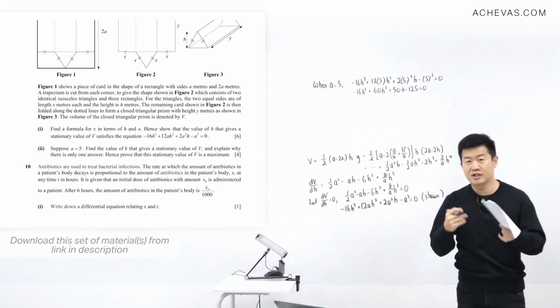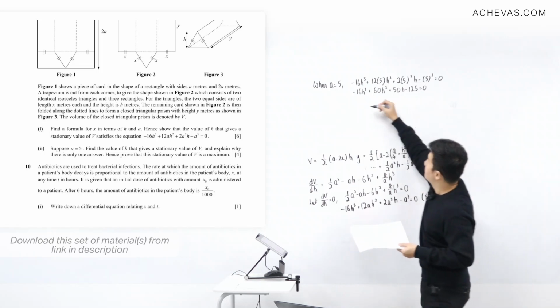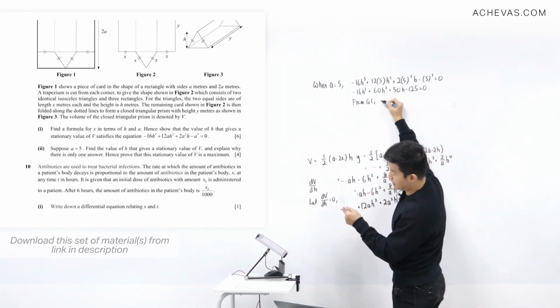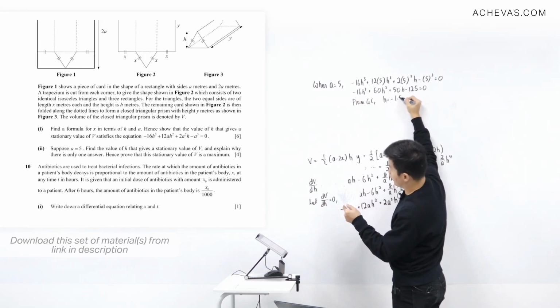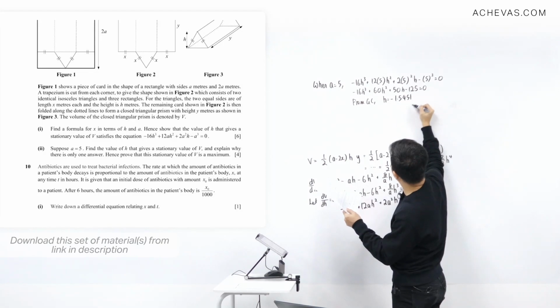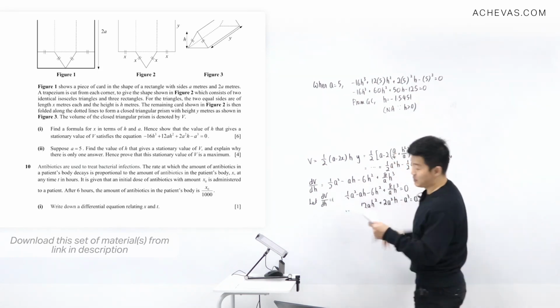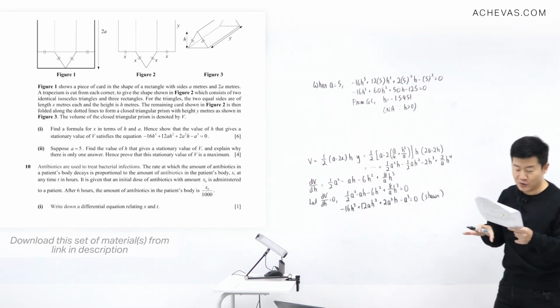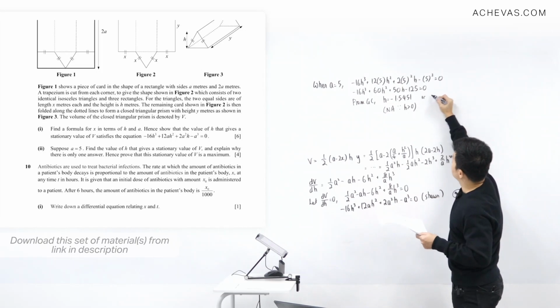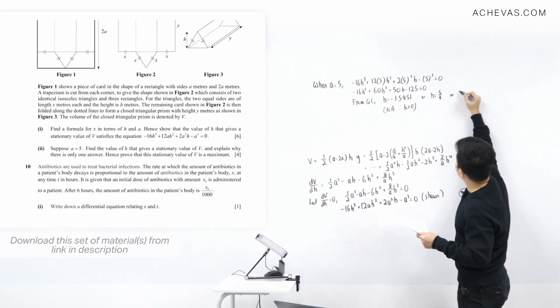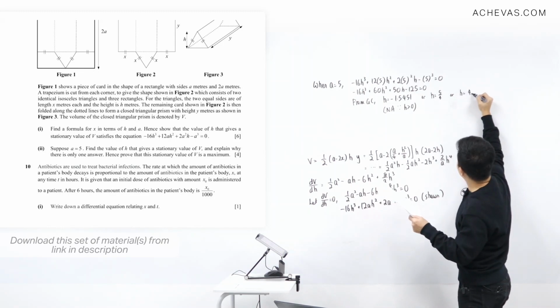To solve this, let's just press it into our graphing calculator. So from my graphing calculator, I will be getting 3 values of h. One is negative 1.5451. This is obviously not applicable. Why? Because h, which is the height, must be a positive number. So it's easy to reject. The other one is h is equal to 5 over 4. And one more, which is h is equal to